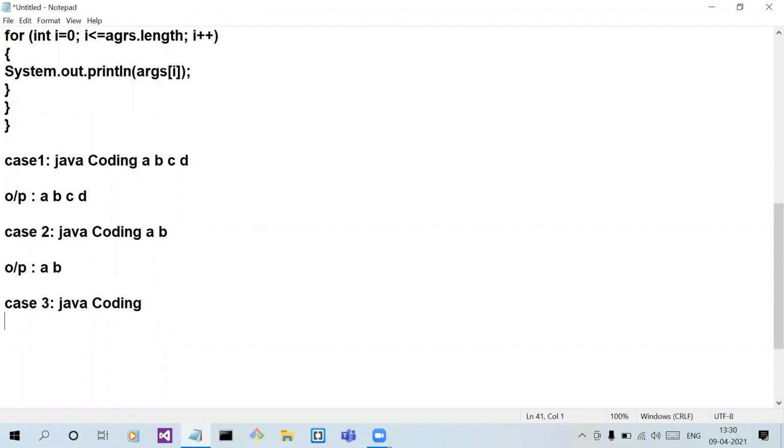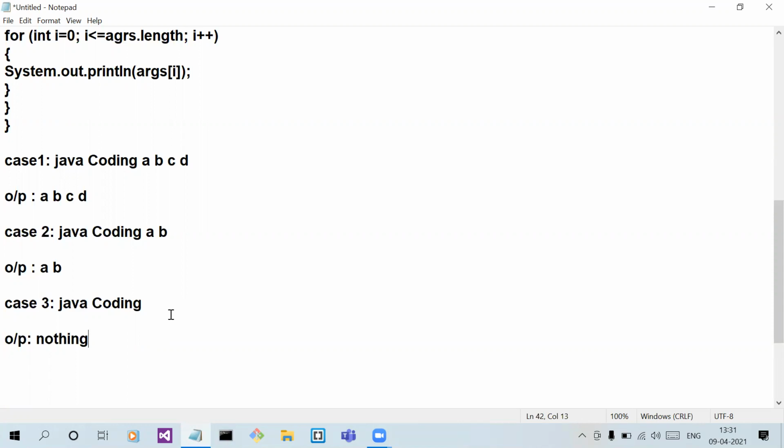In the third case, the output will be nothing. Why? Because we pass nothing. So there is no output, not 0. Don't get confused in this.